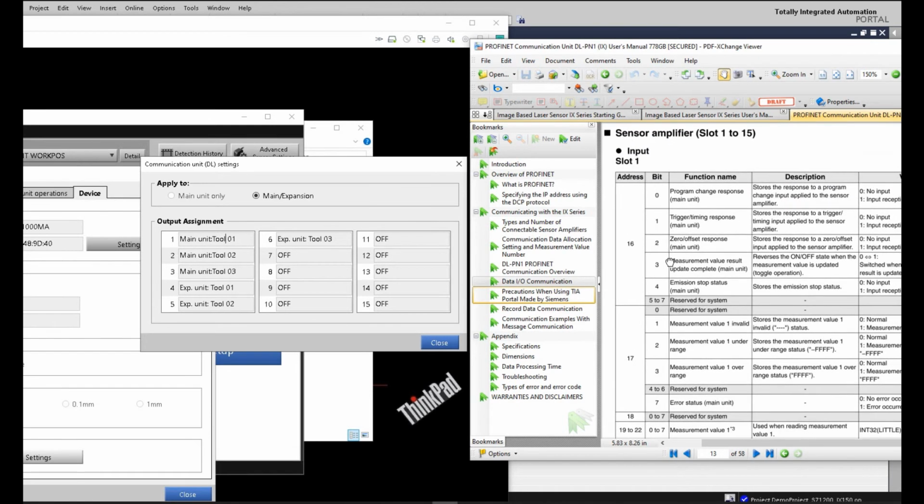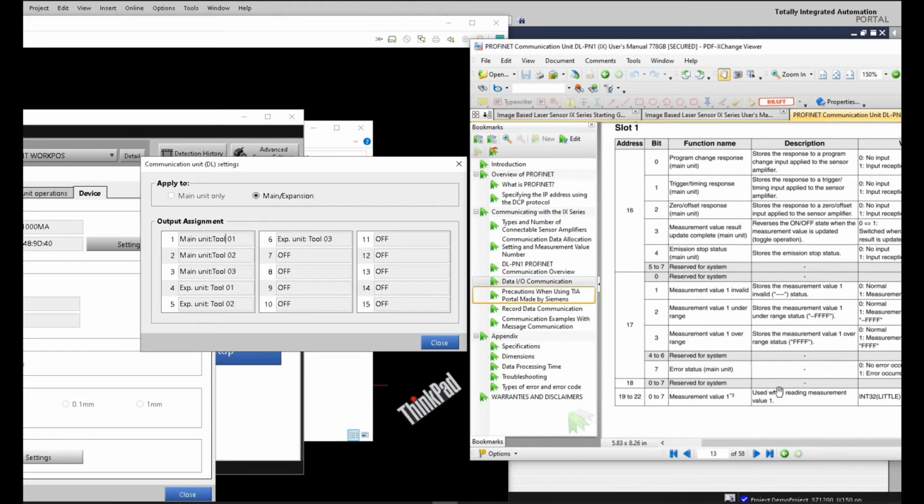So if we review this manual, the slot 1 under this dash line, we talk about this dash line here. So the measurement value 1 is this position 1. But whether this measurement value comes from the main or expansion unit depends on what value you set here. So in my case, I set the main unit tool number 1 value